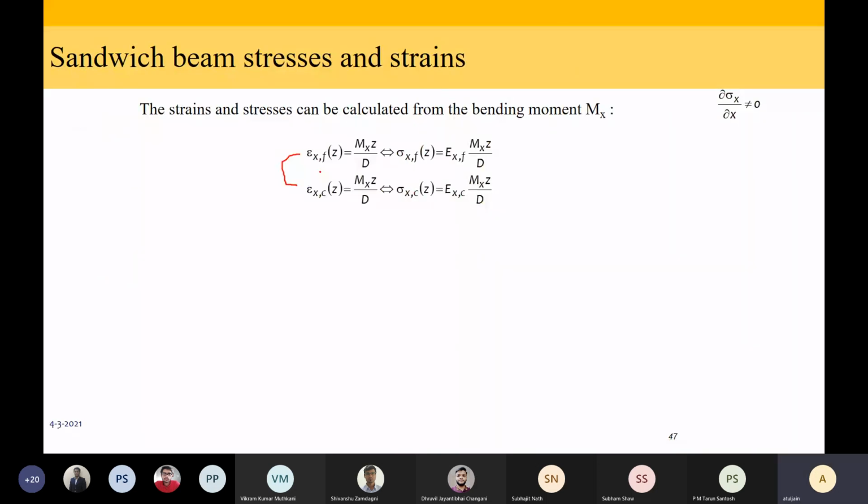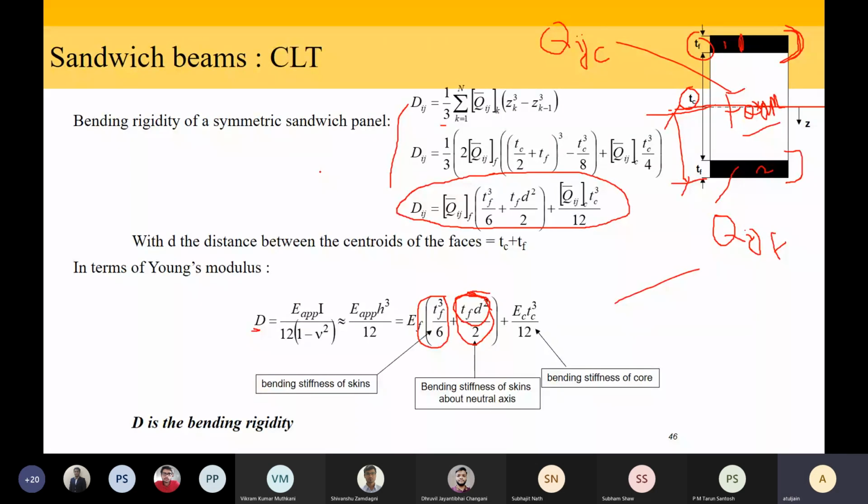In our classical lamination theory, we have assumed that through the thickness, stress components are zero. Based on the different assumptions, each layer was in a state of plane stress. For sandwich materials, can I say that my foam will necessarily be in a state of plane stress? Because it is no longer thin. Can I make that claim? No, sir. You cannot make that claim.